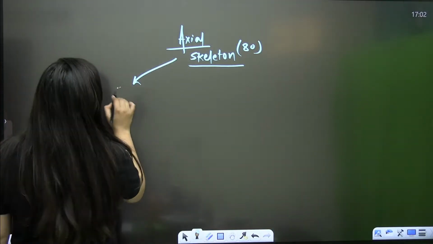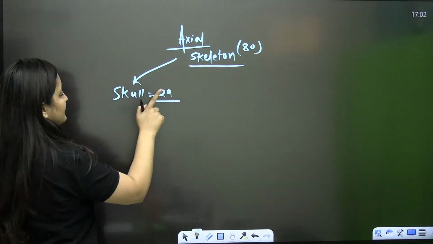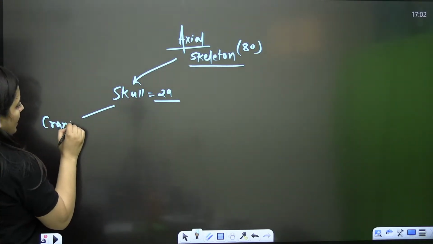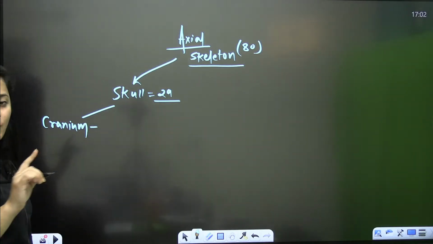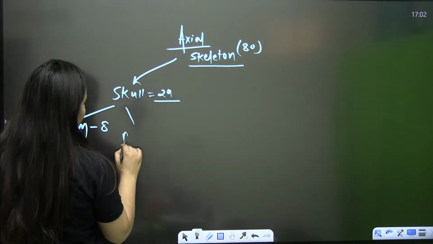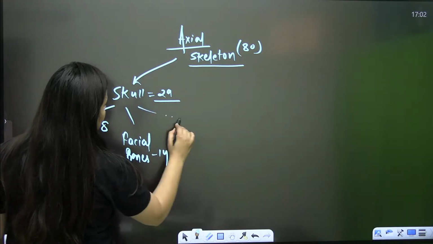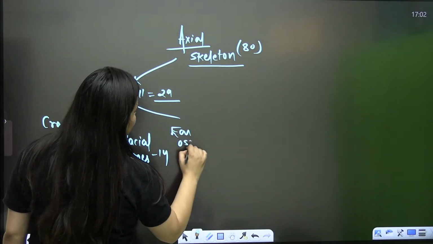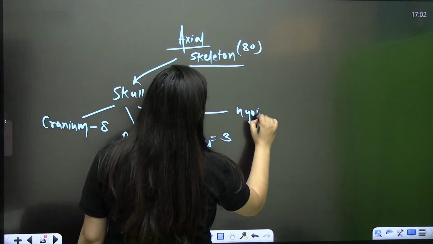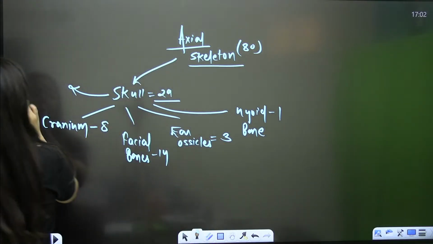So the skull, total 29. You should not be confused with the NCERT portion now. Let's start with the cranium. How many bones are there in totality? You have to answer quickly. How many cranial bones are there? 8. How many facial bones are there? 14. How many ear ossicles in totality? 6. Each ear is having 3 ear ossicles. Hyoid bone, 1, the tongue bone. Then the sternum.